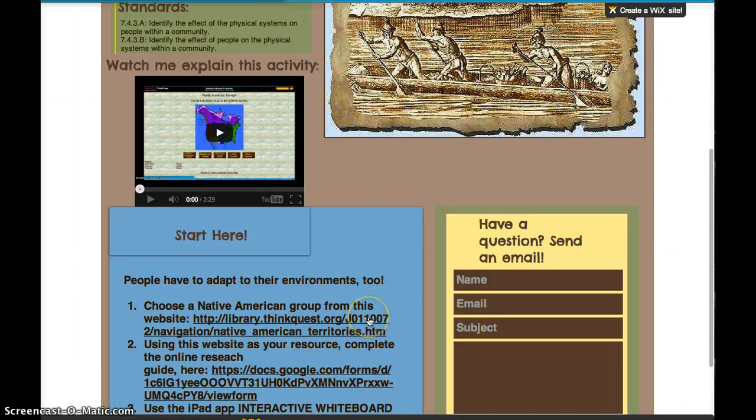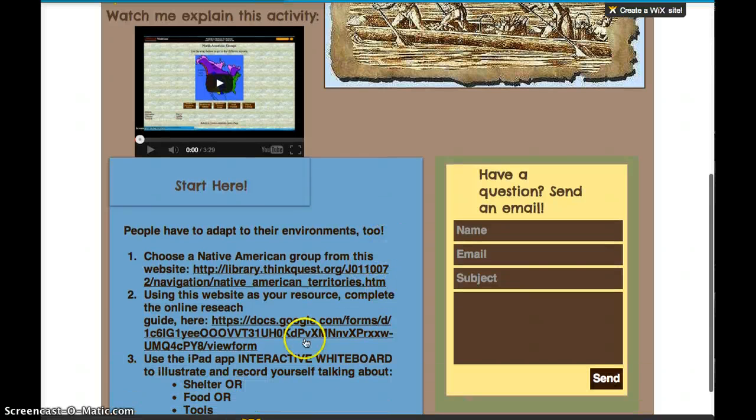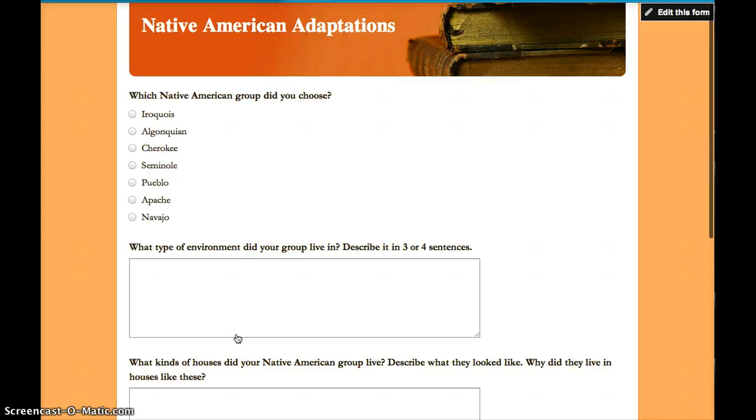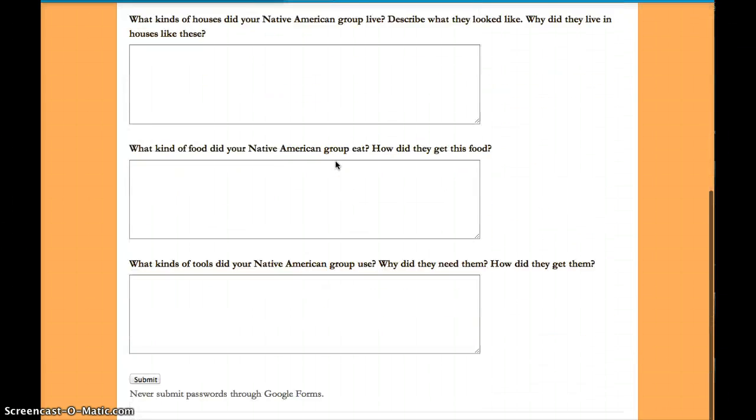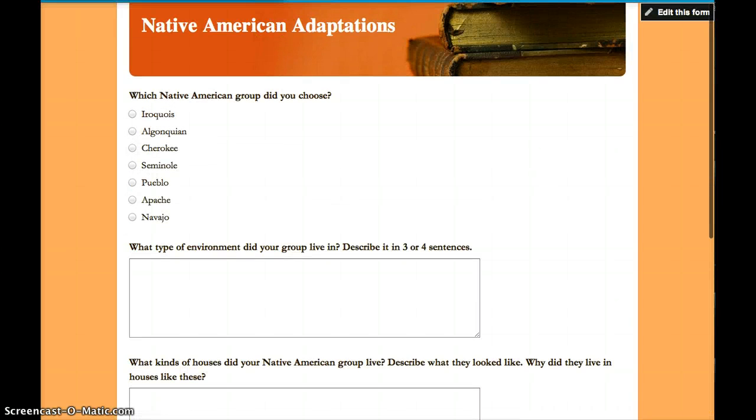It has a map of North America, and it's sort of divided by region and shows students which Native American tribes lived in which areas. So they'll click on that, and they'll be able to choose a tribe and follow the links to research that tribe. Once again, I have a Google form as a research guide. That's right here, and just like the last one, they'll be able to do their research, include their information here, and send it off to me, and I'll be able to keep track of what my students are doing